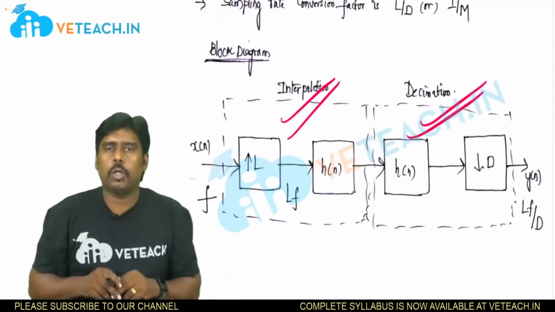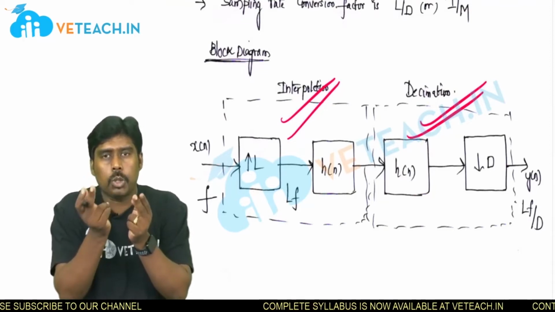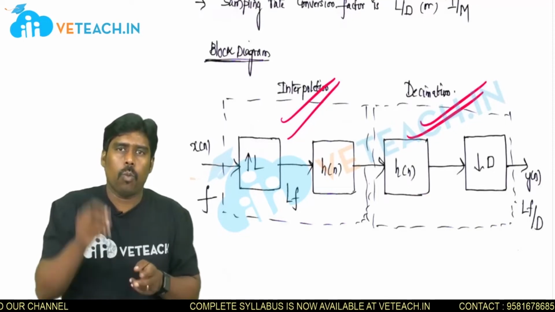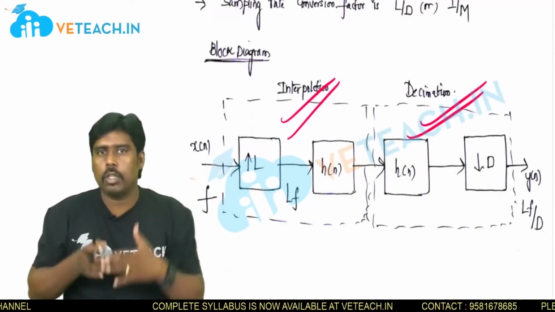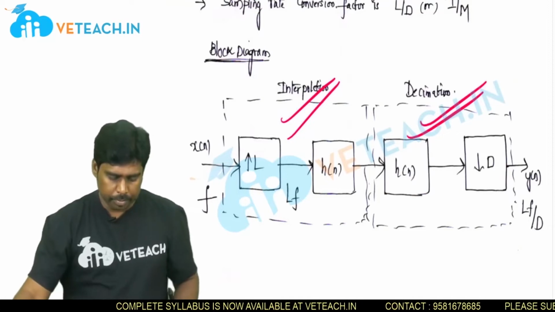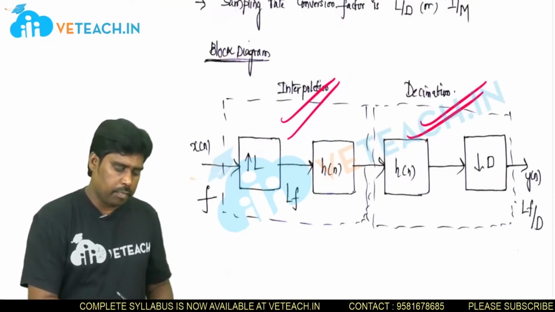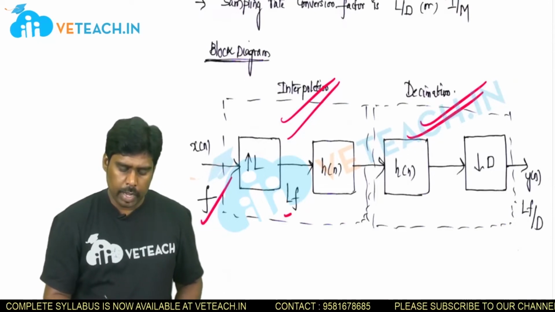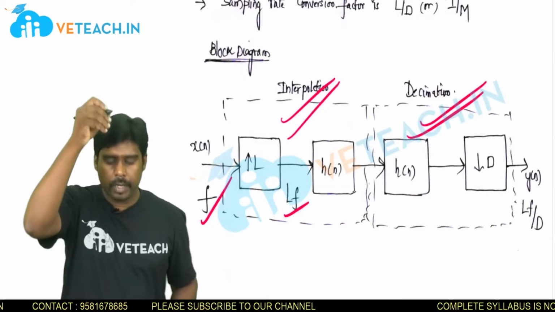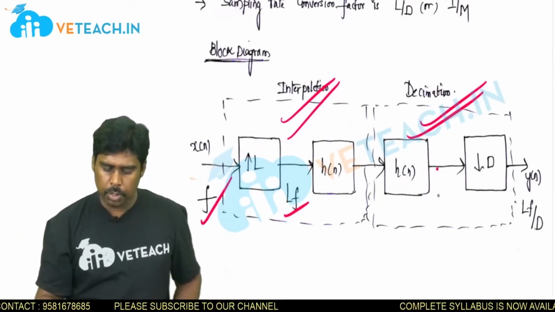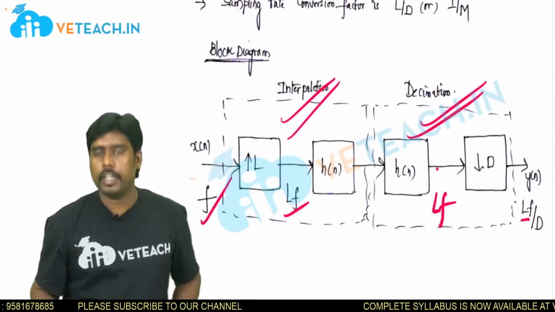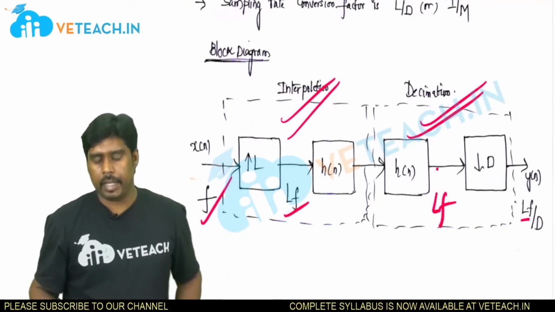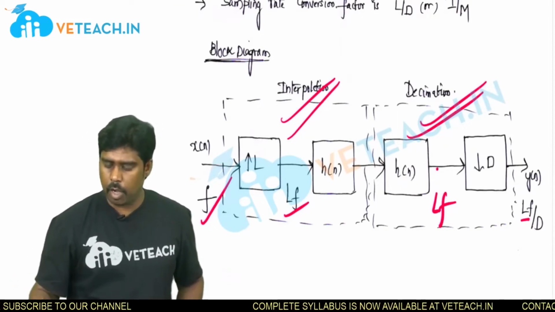Now let us think about a question: whether the positions of these two can be interchanged or not. And if they can be interchanged, what must be the condition? This is what you are going to listen to in this class. Okay, so this is the combination. If I say that the frequency is f and this is the upsampled version by L units, so L into f will be the upsampled frequency, and that L into f, passing through a decimator, will be divided by D. Lf by D will be the output frequency.